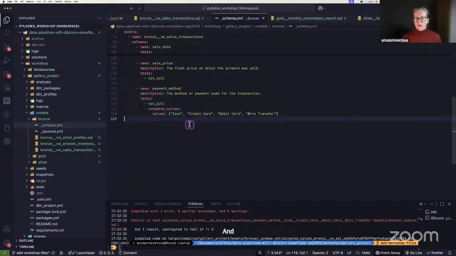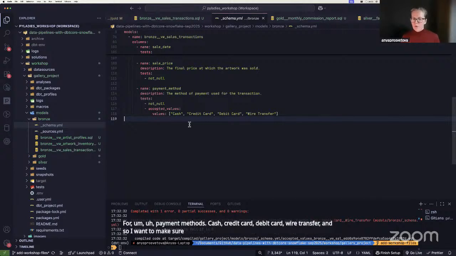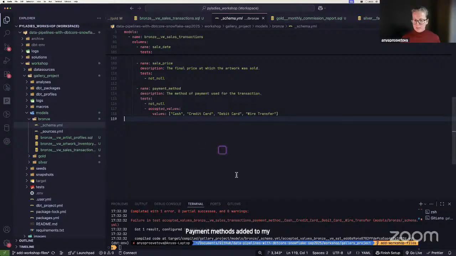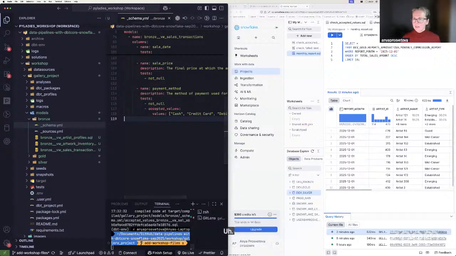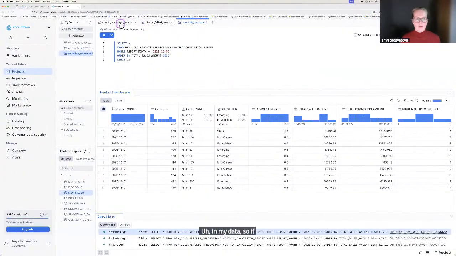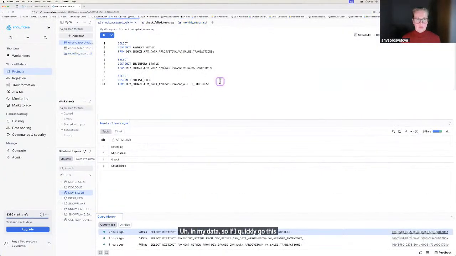And I know that I have only this type of payment methods: cash, credit card, debit card, wire transfer. And so I want to make sure that there are no weird payment methods added to my data. But clearly there is something wrong in my data. So if I quickly go to this one, yeah. So I have this